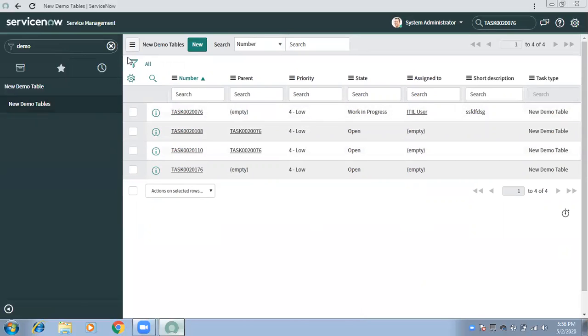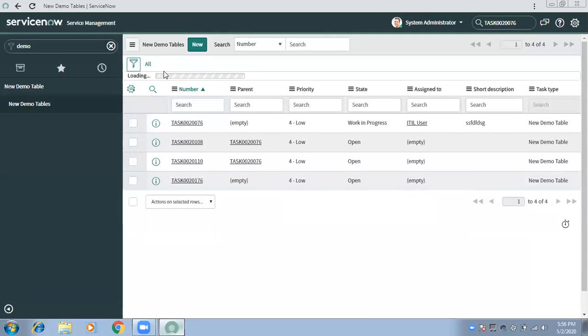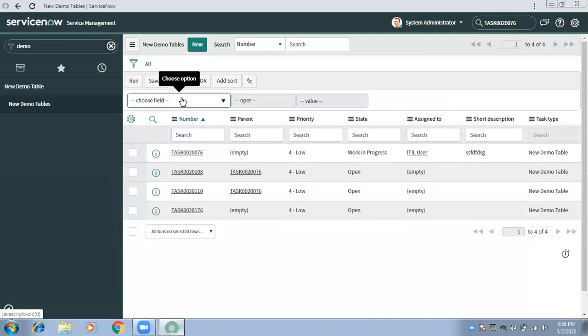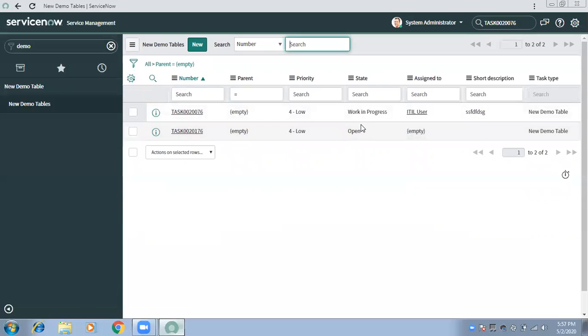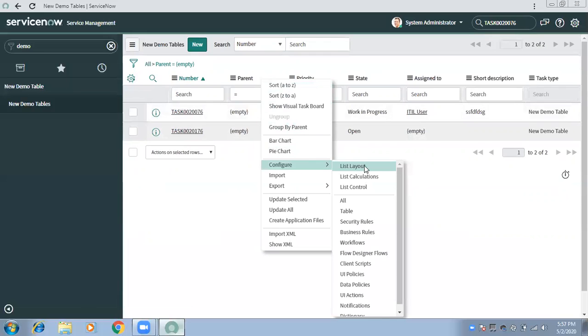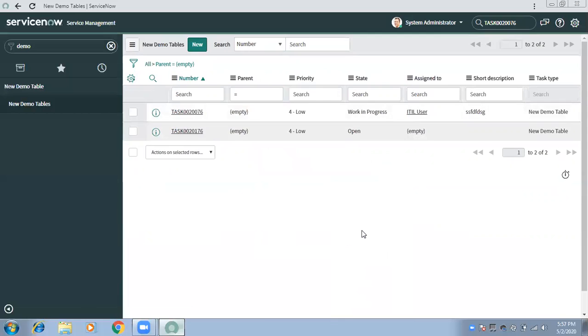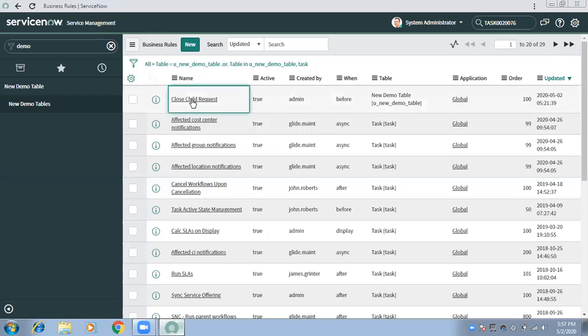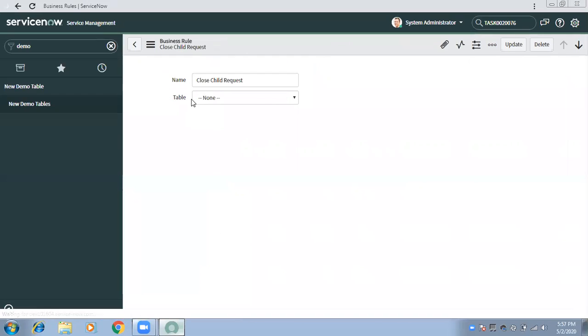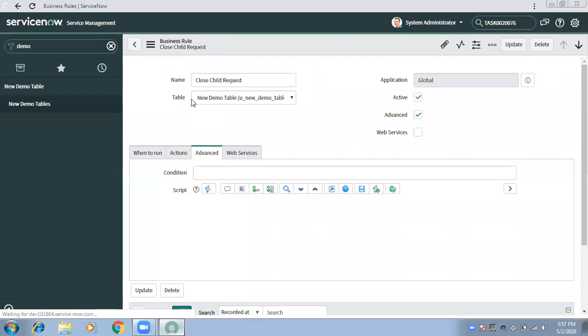So how can I find the child? Because there is a parent field available on all children, I can use this filter and put like parent is this. I will find only those records. Now I can update. Same thing, obviously the compiler will do. It's not magic. The commands which you are giving to it, it will run those. So always think like how you would be physically doing it. The same way you need to give the commands to the system.